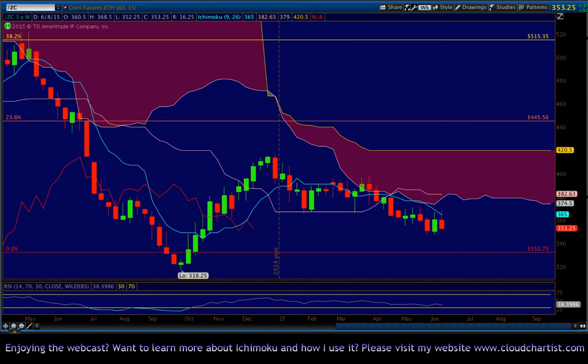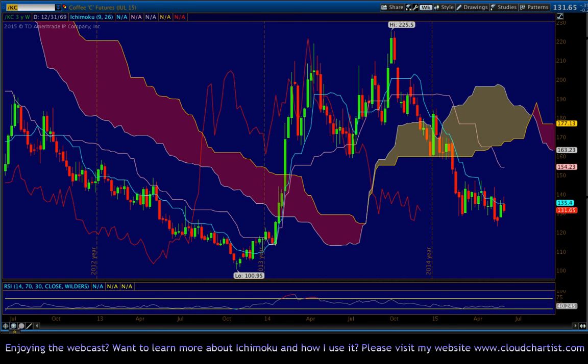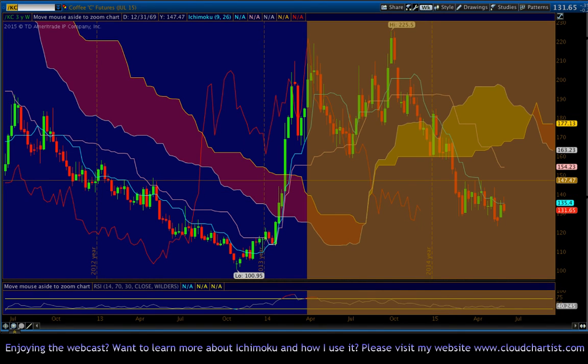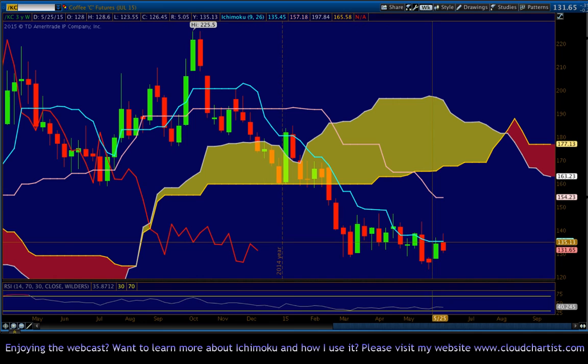Let's look at coffee. Coffee has been working very nicely with the Ichimoku elements. As we came down 3 weeks ago, we had this very bearish candle, and then we got a nice looking potential reversal candle, which was indeed confirmed with this lovely reversal, which was rejected by the Tenkan-sen in perfect Ichimoku style. And then last week's candle indeed stayed under the Tenkan-sen once again after testing above it